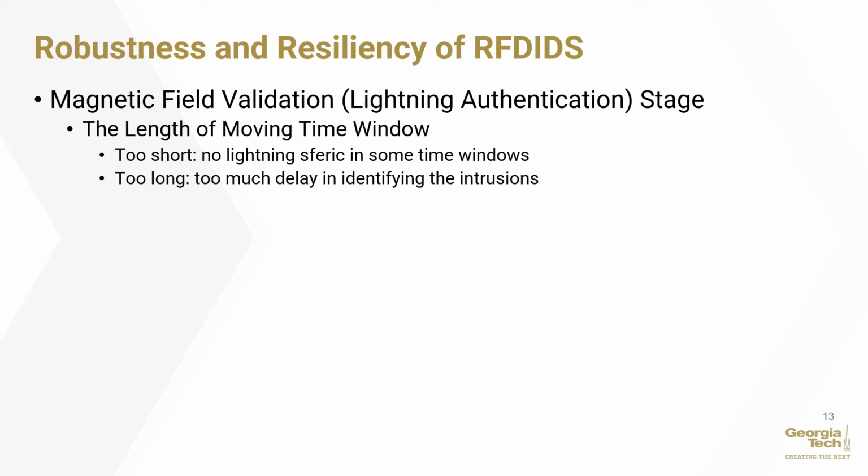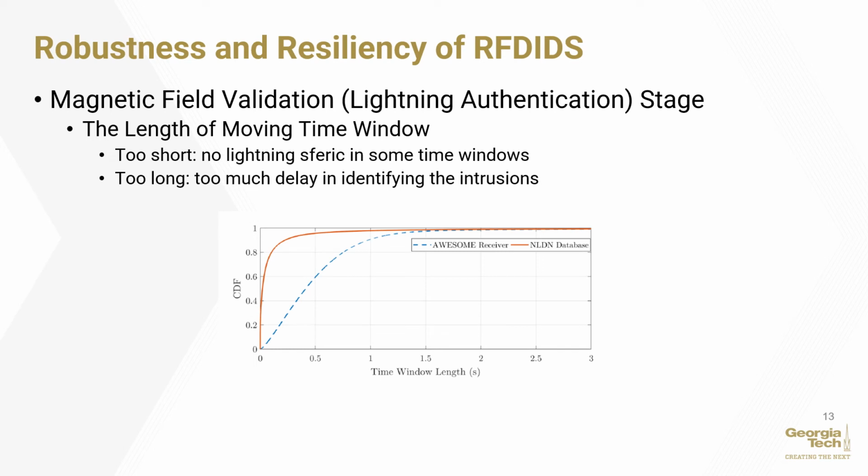On the other hand, if the length of the data window is too long, the proposed IDS will experience too much delay in identifying the malicious activities in the substations. Accordingly, a reasonable trade-off should be made between the number of interferences in the current time window and the length of that. To determine the proper time, a series of experiments is conducted, and as shown in the figure, 2 consecutive interferences can be detected both by the LF receiver and the lightning database in a time window with the length of 2 seconds, and the probability can reach